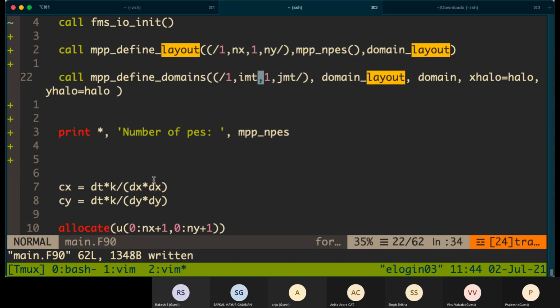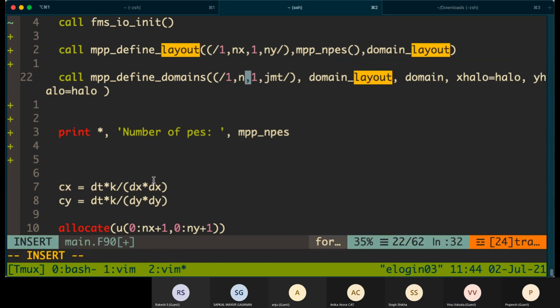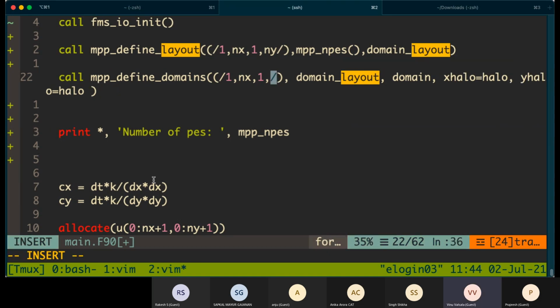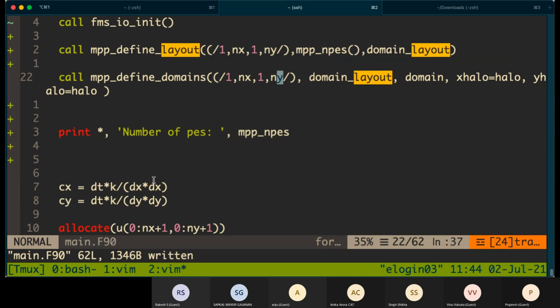For defining the domain, again the first argument, you have to use this subroutine mpp_define_domain, and the arguments here are your global domain size as lower bound and upper bound, the domain layout which you got from the previous call, then a variable called domain.